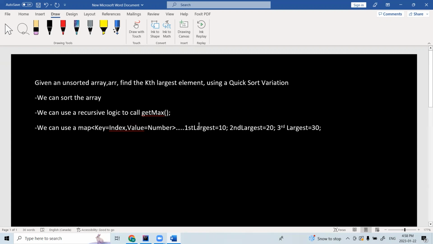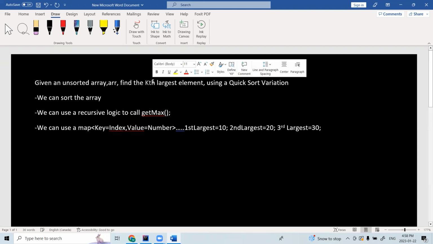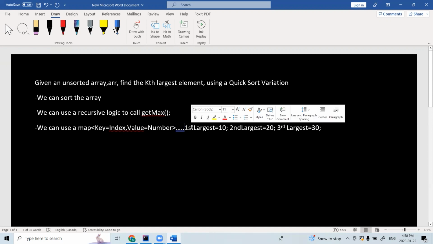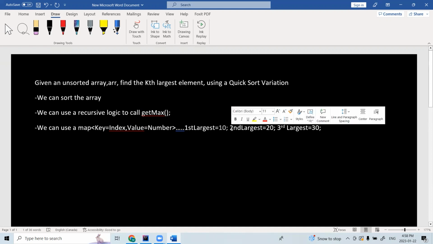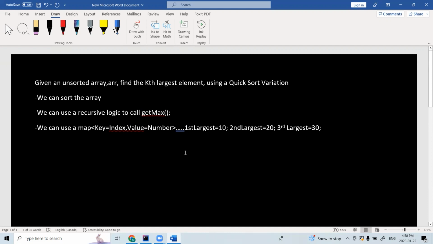So once the map is populated, we can see what is k. So k will be one of these values, right? First largest, second largest, third largest, whatever k is, corresponding to that key, we can return the value stored inside the map. So these are all the ways that we can use. In this method,